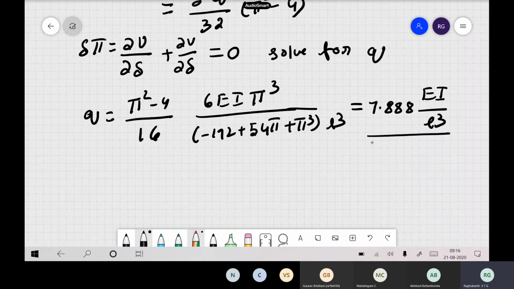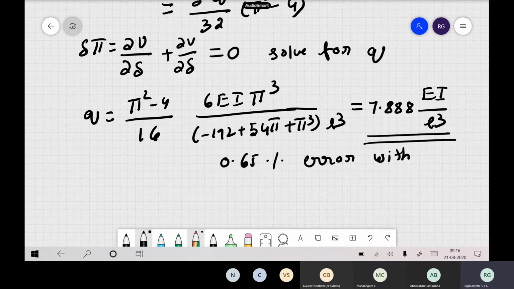Now if you compare this with the exact solution, previously we have got the exact solution itself. Can anybody remember? I think two or three classes before, we got the exact solution where we solved this in terms of the Bessel function, that is the exact value. So if you compare this solution with the exact one, you can see there is a minor change, and the error is some 0.65% only.